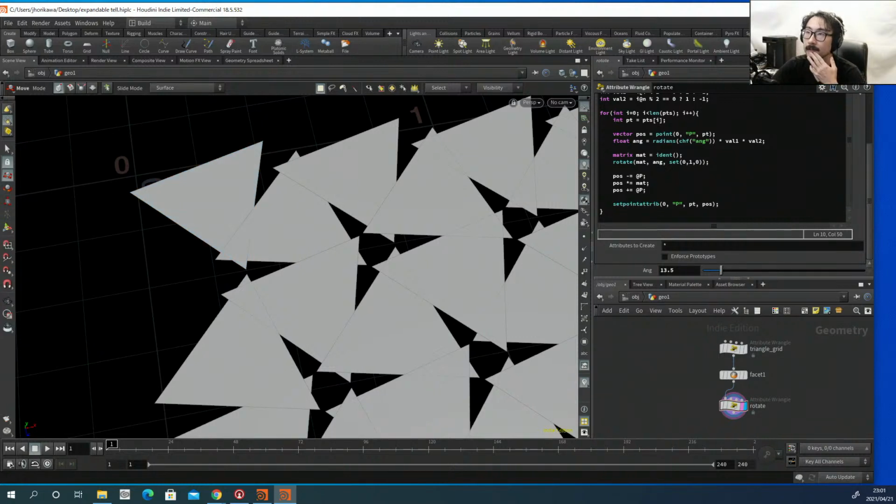Okay, so let's do that. In order to do that, I probably need some information on which points are connected to which index. So let me see how I should do that. Okay,